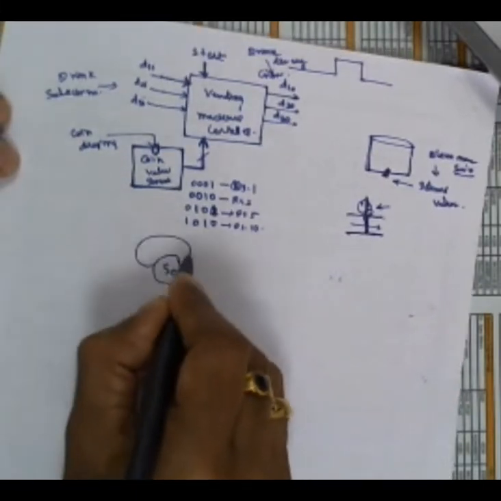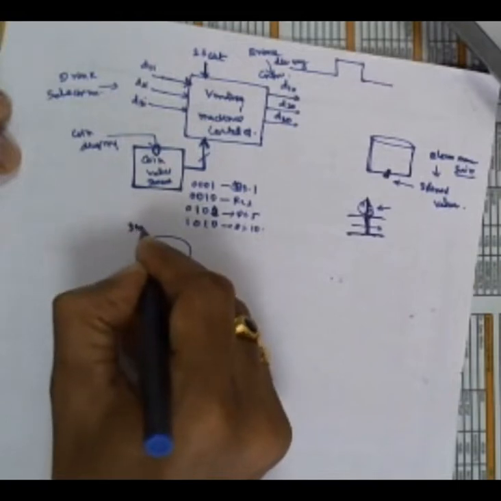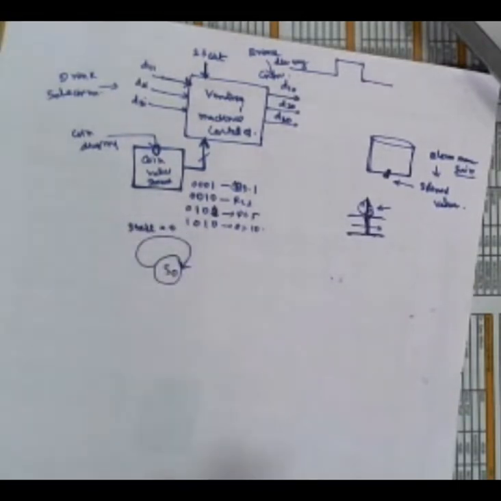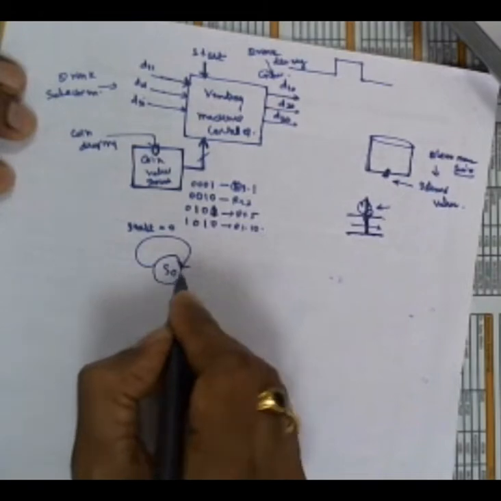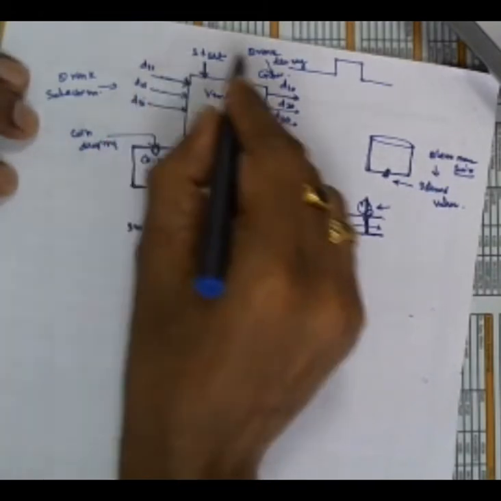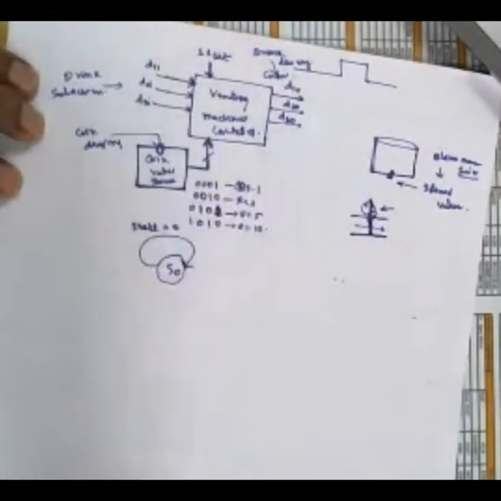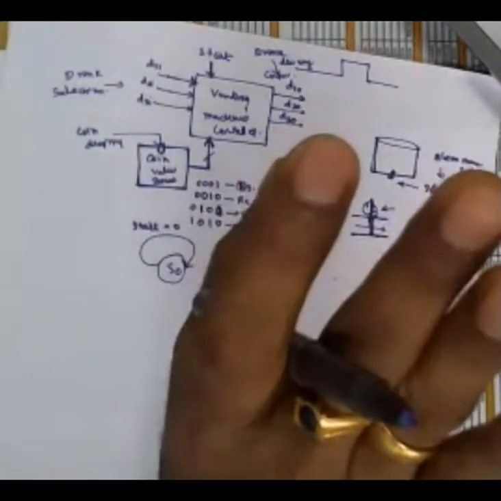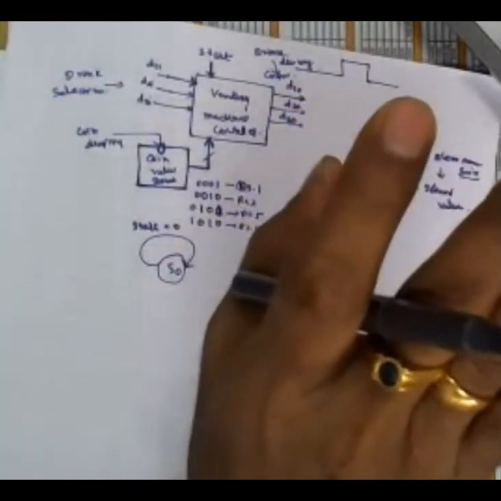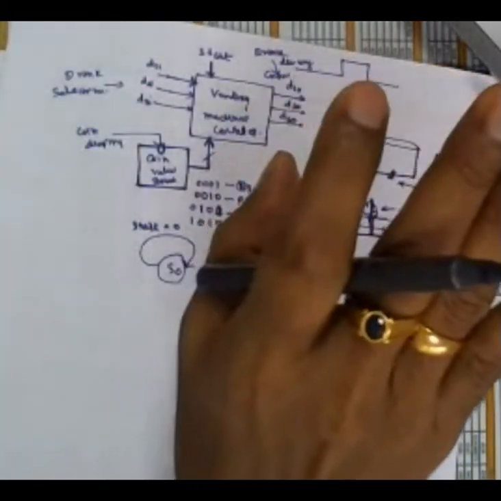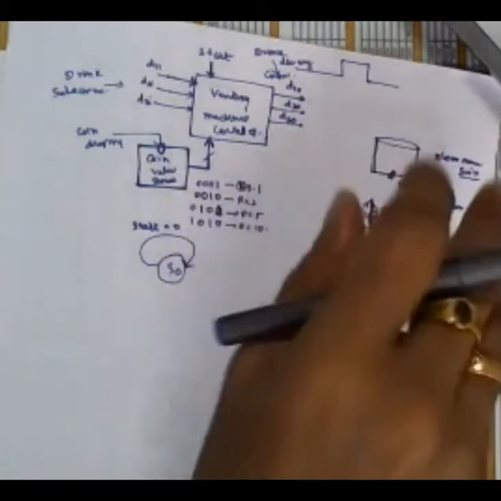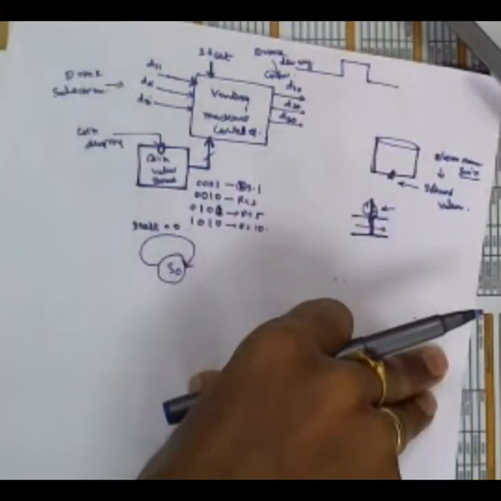So here the control is based on only the start. As long as the start is 0, the state should be S0. See, there are so many inputs, but at the first state, the system should expect only the input from the start button, not any other buttons, because the other inputs will be taken care of subsequently, right? So the first step is that start should be on. You clearly understand this will be applied in many applications subsequently, because what we have seen is a basic funda.